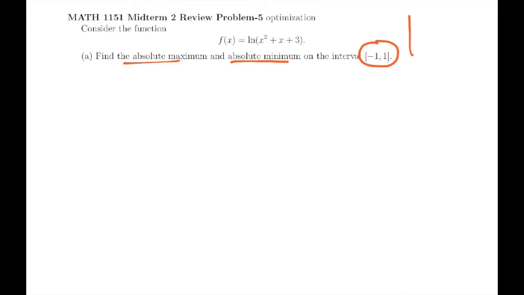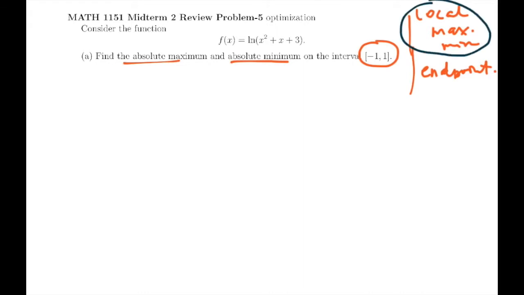So the first part is the local max and min, and the other part is the function value of the endpoints. Okay, so we firstly take care of the local max and local min. To find them, we need to take the derivative of f,